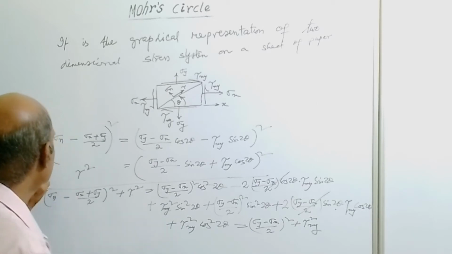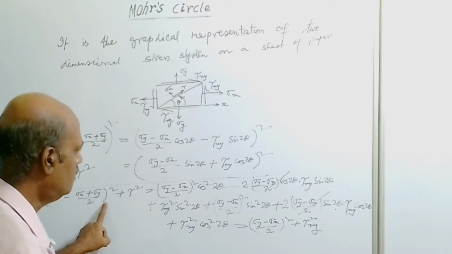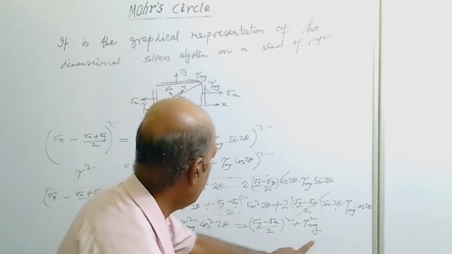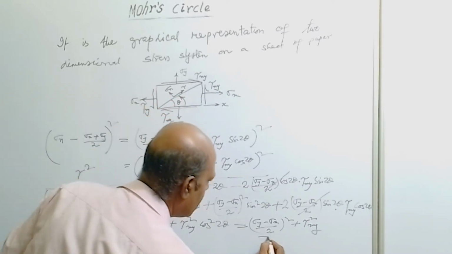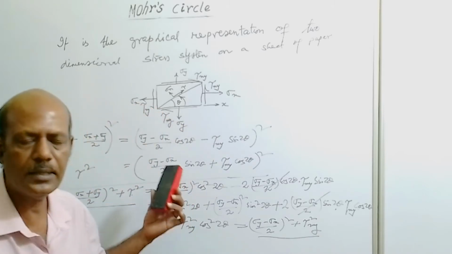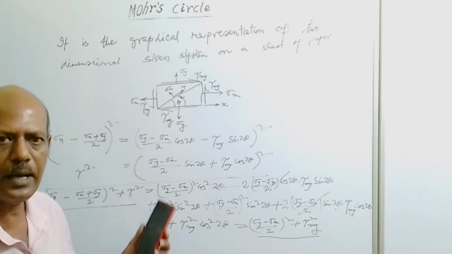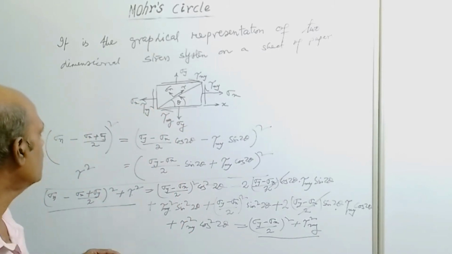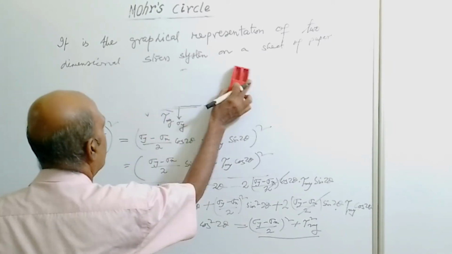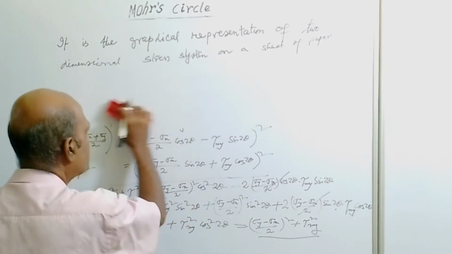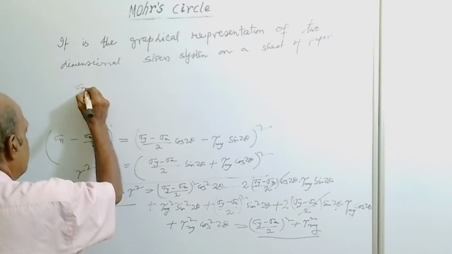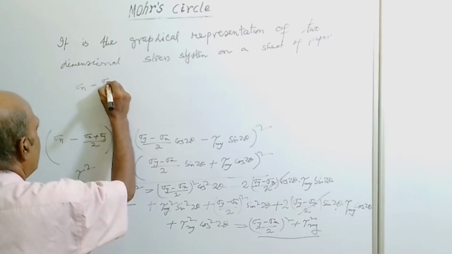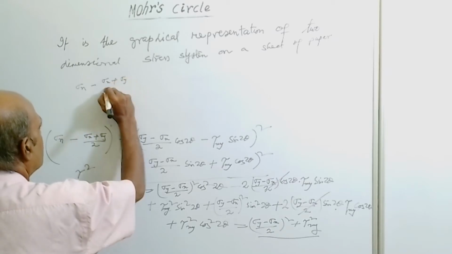Okay, so that means this value becomes this, where theta is not available. In this equation, the theta is not available. If we square the two equations and add it, there is no theta value. So ultimately what we are getting, I am writing here, that is sigma n minus